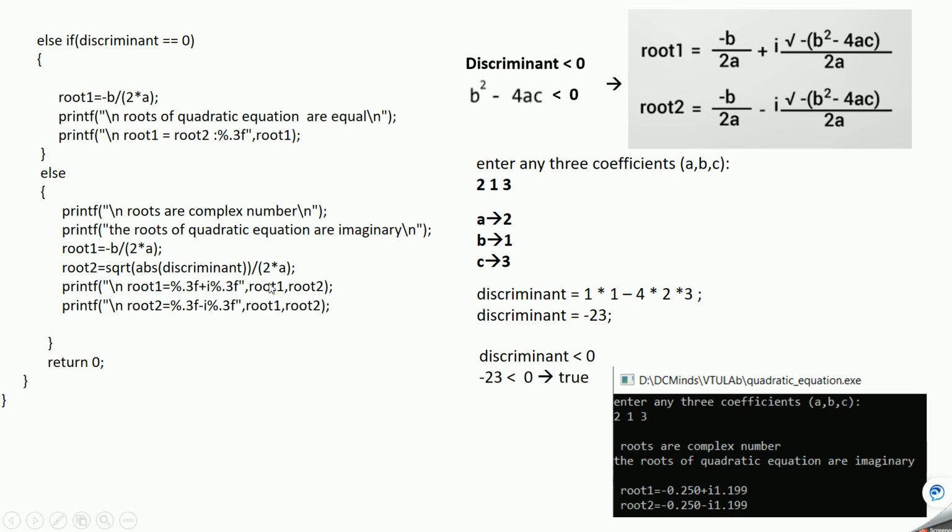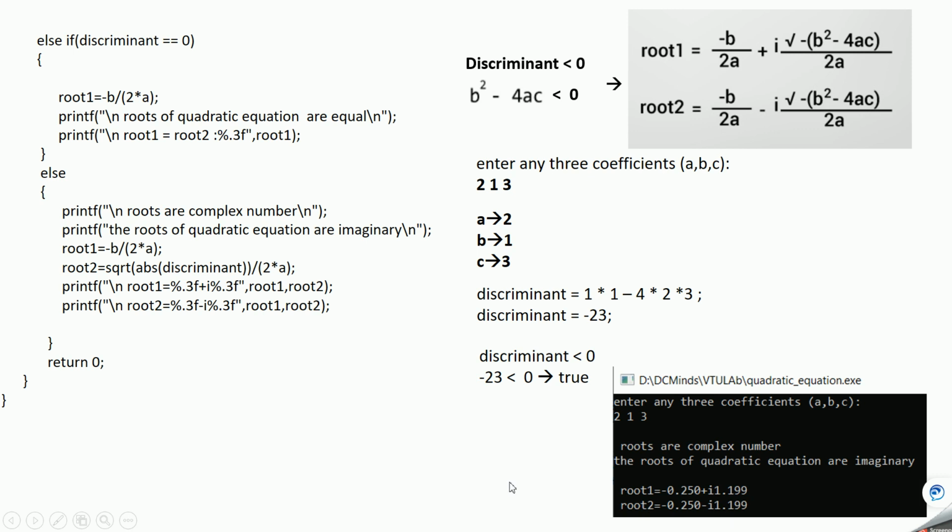So in this case first we are saying root 1 equal to this percentage 3f, means root 1 is real part, so here real part, and then plus I, here you can see plus sign, and then imaginary part, so root 2 is imaginary part, so you can see plus I percentage 3f, so this is imaginary part. Similarly we will write the percentage 3f and root 1, so this is real part and root 2 is imaginary part, here we are writing minus. So you can see the final output like this. So in this case you can say 0.25 minus 0.25 plus I, so it is real part and imaginary part, here is plus and here it is negative.